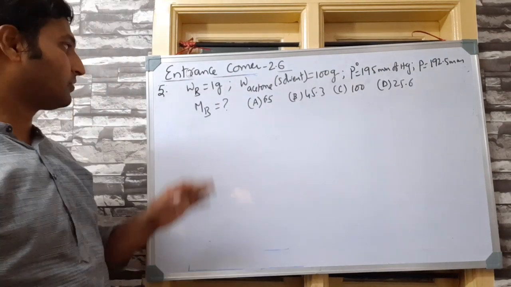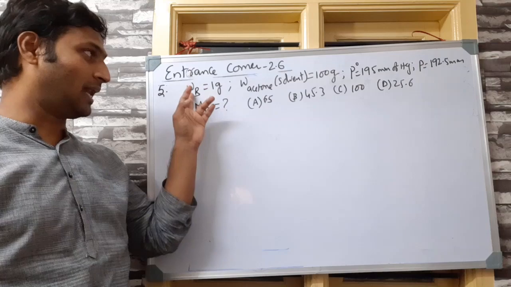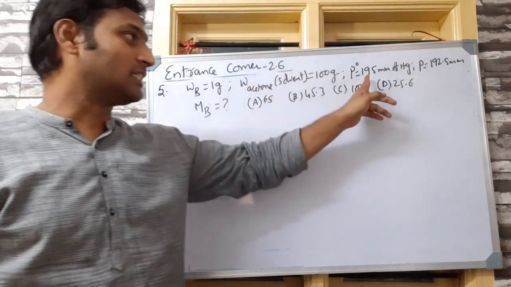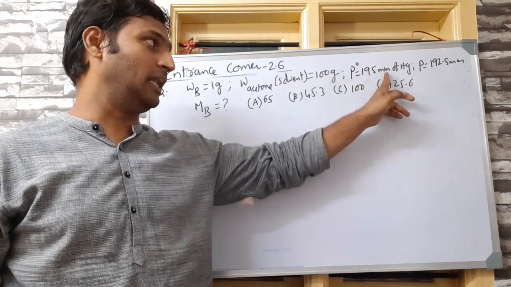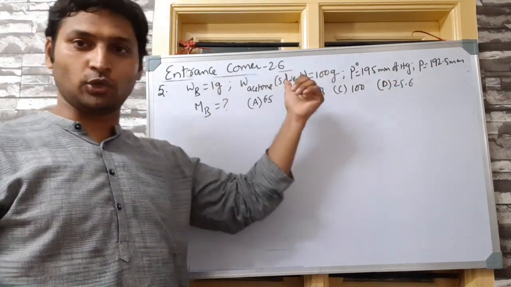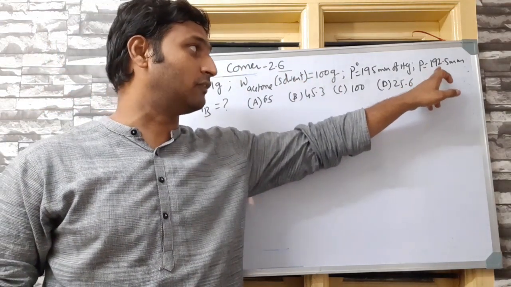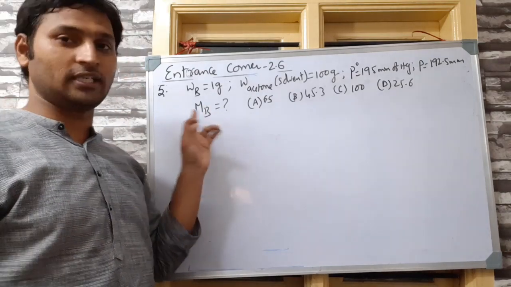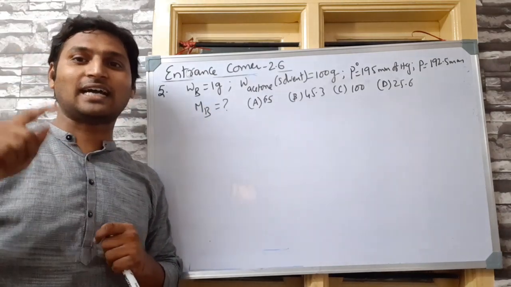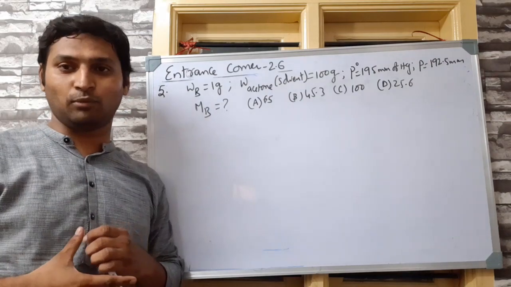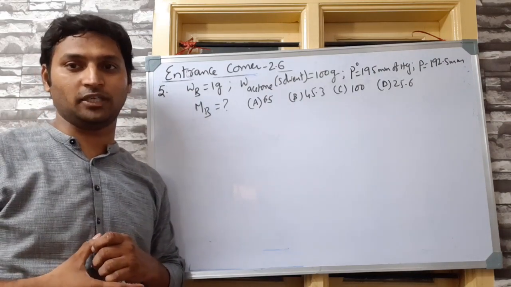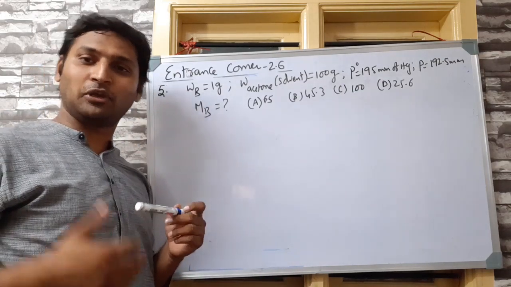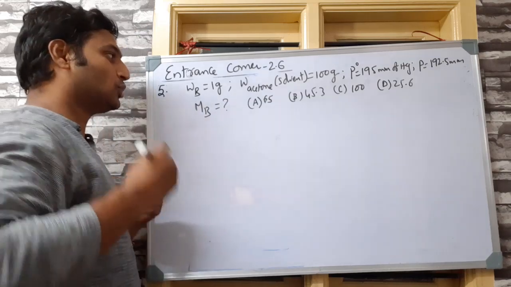In fifth question, the unknown non-volatile solute, 1 gram of it, appears to be dissolved in 100 grams of acetone solvent. Pure acetone exerts a vapor pressure of 195 millimeters of mercury, and after dissolving the solute, the solution was exerting a vapor pressure of 192.5 millimeters. Okay. Then he is asking what is the molar mass of the solute. This is the kind of problems I told will be appearing in board exams in that particular guaranteed question I was mentioning. Okay. Now I'll not go for deriving the formula again because we have done it many a times so far.